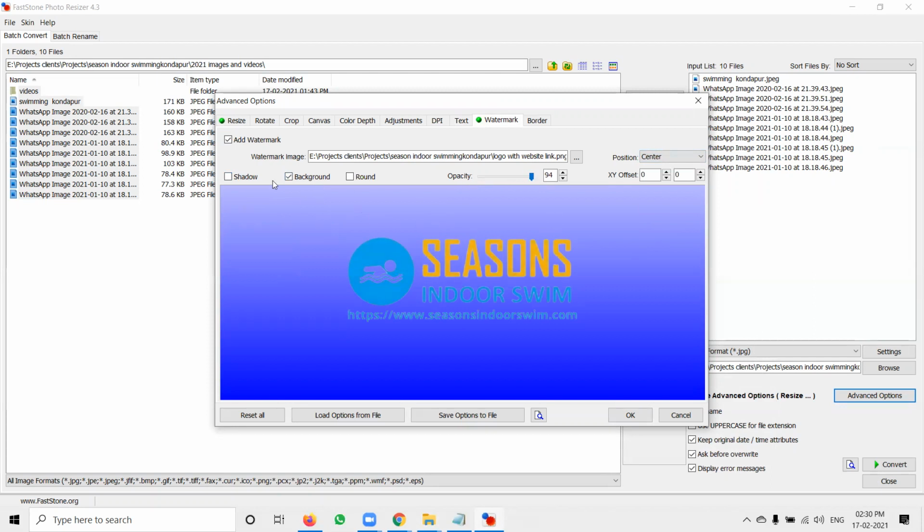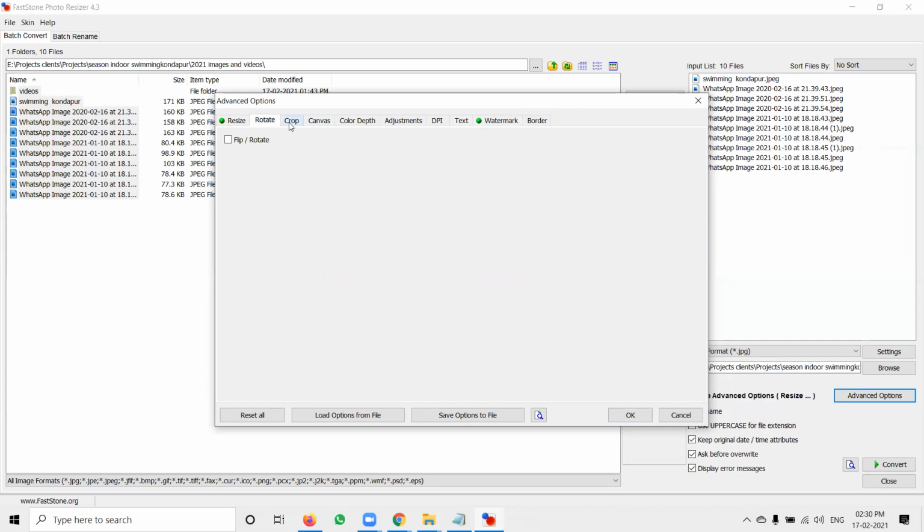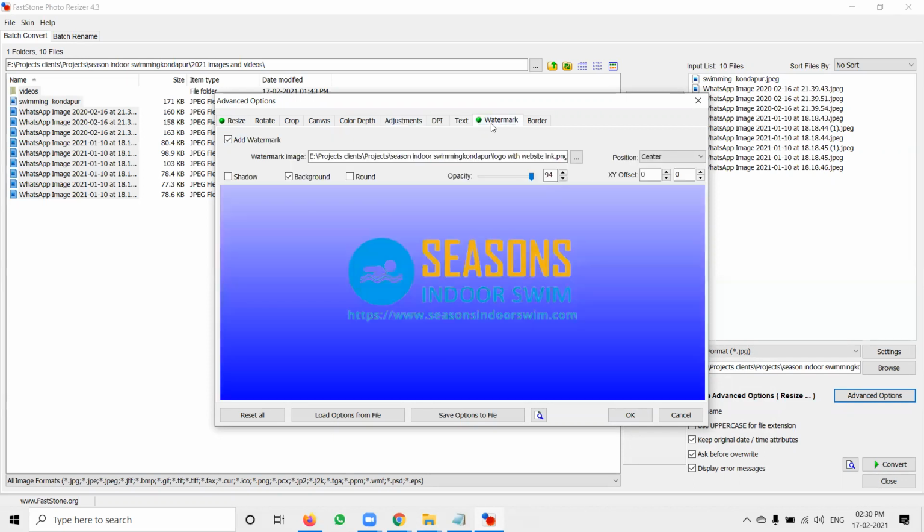After that, we can go to resize. The other options are rotate, screen, crop image, canvas, color depth, adjustment, DPI, text and watermark, and border. Right now I'm adding only the watermark.